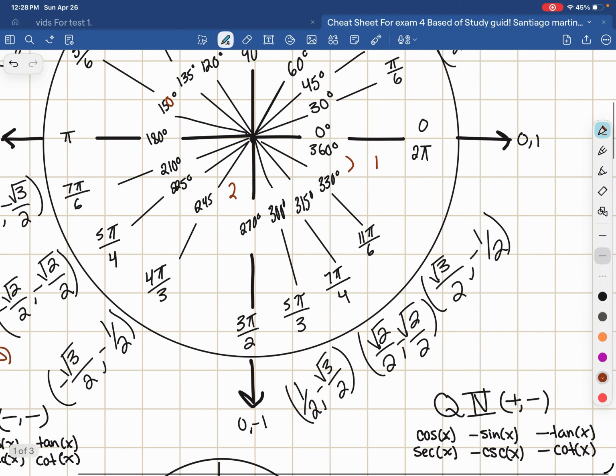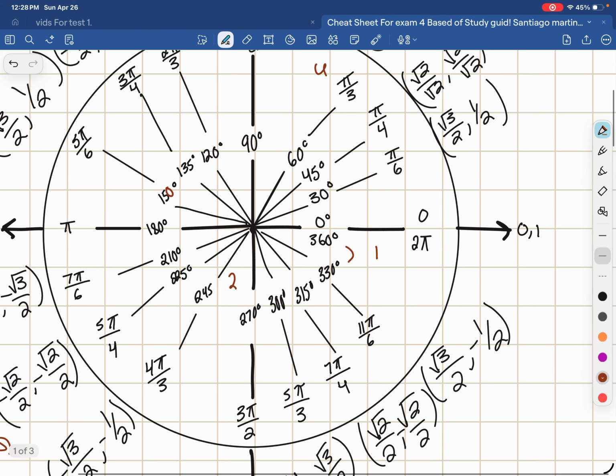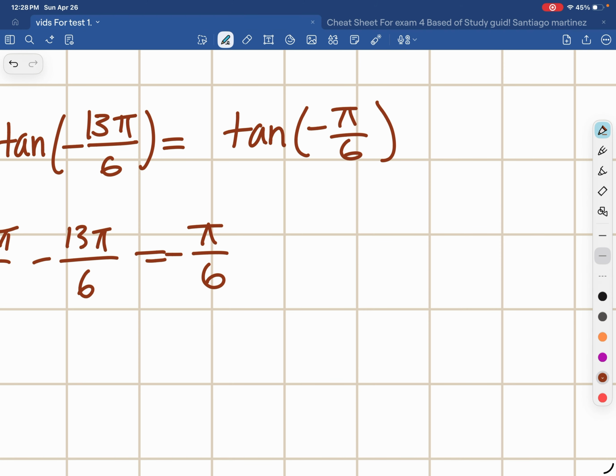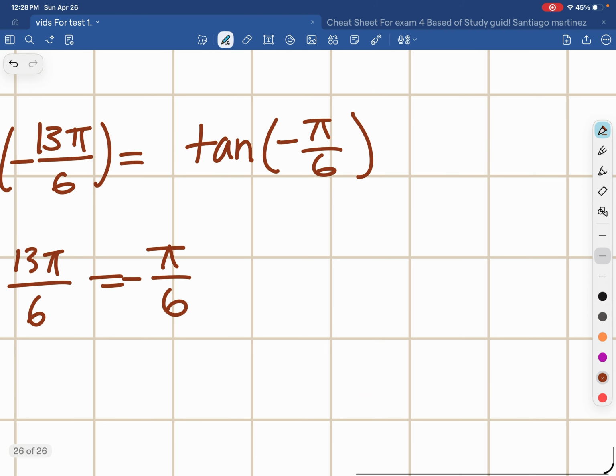So looking at our values right here, we can use that data. So negative pi over 6 follows the same logic as I said previously of how we do negative clockwise. So this would be negative 30. This would be negative pi over 6 going clockwise, starting from quadrant 4. So we can use those two values, and we know tangent